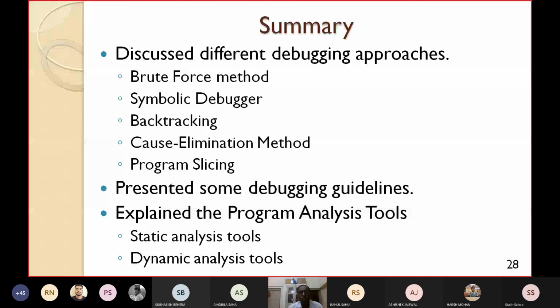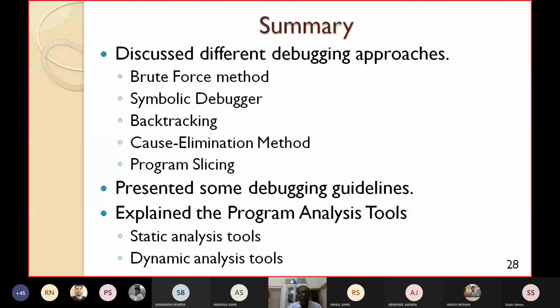We have seen two types of program analysis tools: static analysis tools and dynamic analysis tools. So let's see the summary. Today we have discussed different debugging approaches: first the brute force method, then the symbolic debugger, the backtracking method, the cause elimination method, and the program slicing method. Each method has its own advantages and disadvantages.